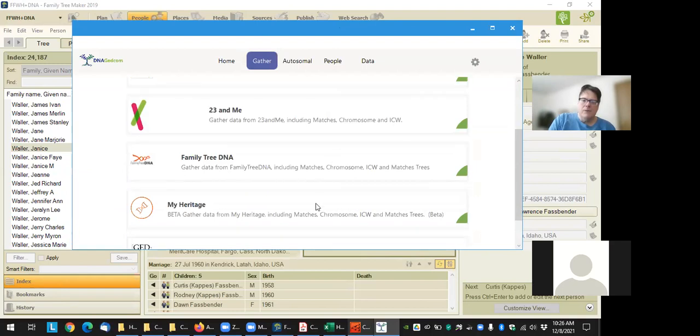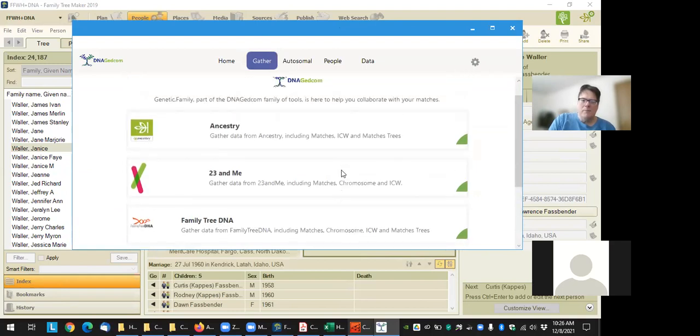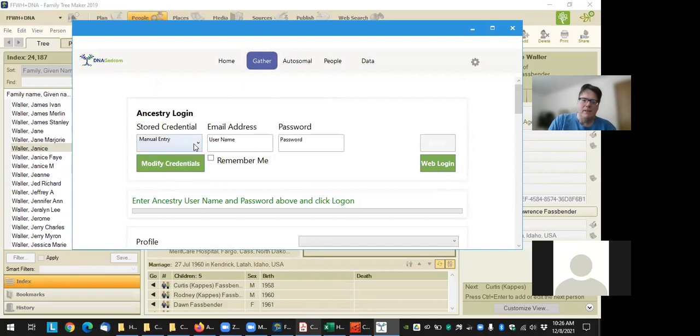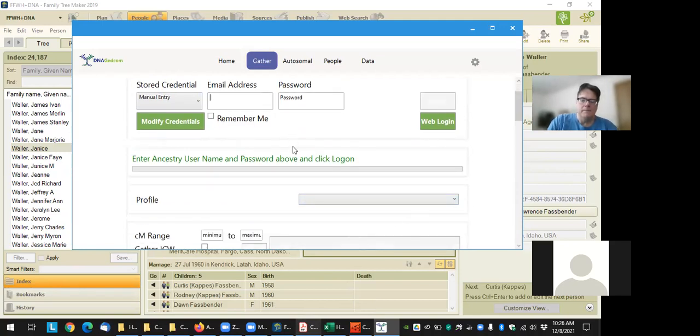And this can download from, like I said, 23andMe, Family Tree DNA, MyHeritage. You don't really need to. This will funnel stuff into their GDAT program. I forget what it stands for. If you do use that, it is a very powerful program, I just haven't had time to get into it. But you can download from Ancestry. You log in, and then basically